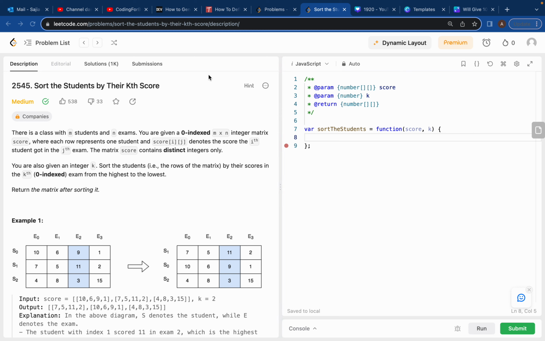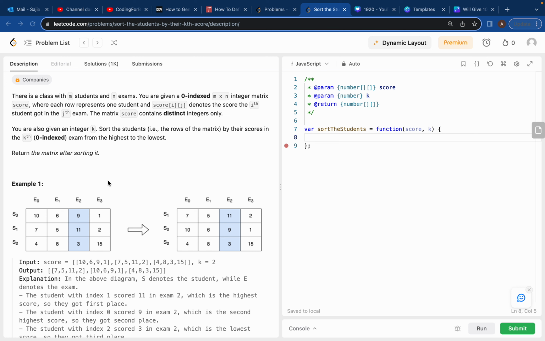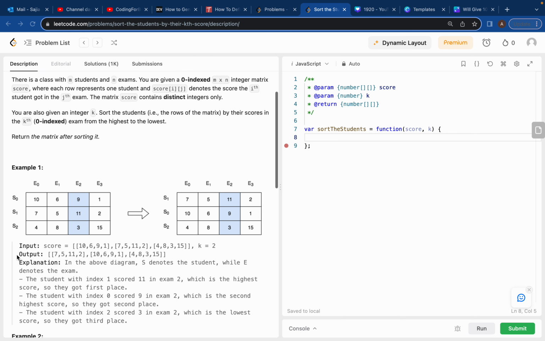So in today's video, we'll solve LeetCode problem 2545. The problem is to sort the students by their kth score. This is a matrix which we have been given, which is m by n. What we have to do is sort the matrix according to the highest value of the kth index. For example, you can see these are basically students: first student, second student, third student, and